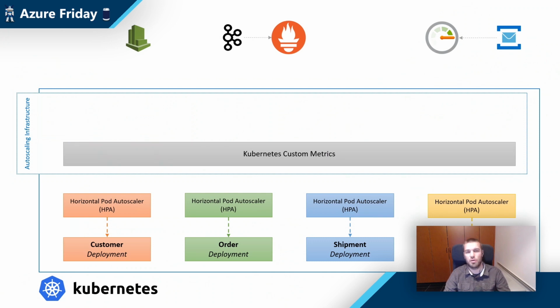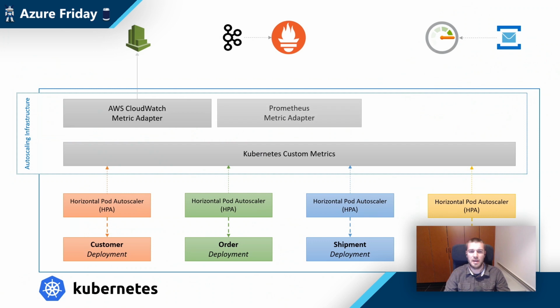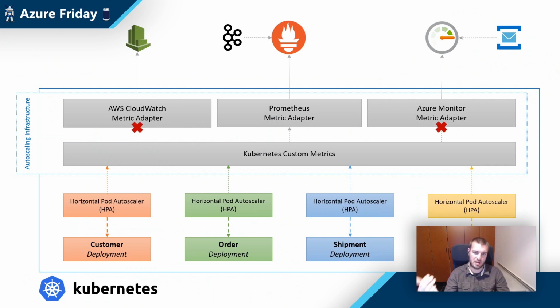So you will need to host your own autoscaling infrastructure and basically use adapters to get the metrics from external systems and scale based on those. Now, the problem is you can only have one of those adapters. So if you're using Azure and maybe Prometheus with Kafka, this will not be possible. There are workarounds, like you can use a tool like Prometheus to bring Azure Monitor metrics into Prometheus and then scale fully based on Prometheus, but it's a bit cumbersome.